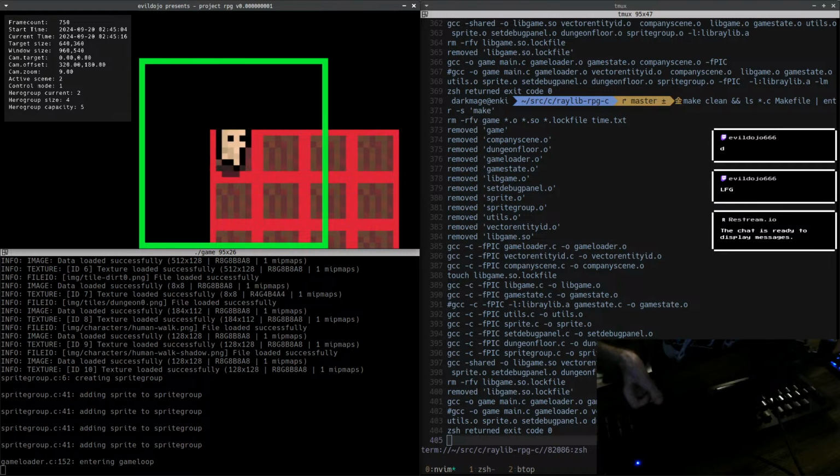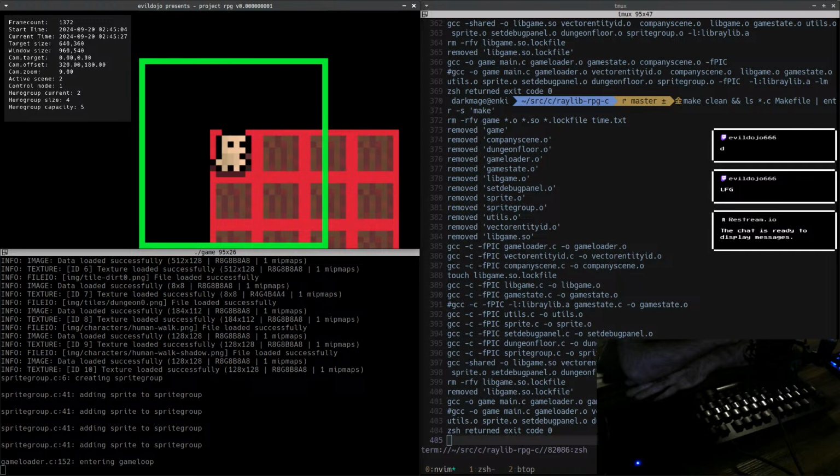Now, here's a trick that we need to. Actually, I can see that the shadow is animating, so one of the things